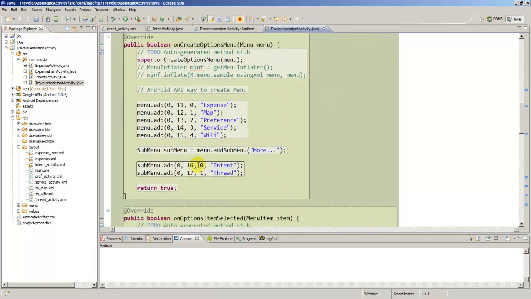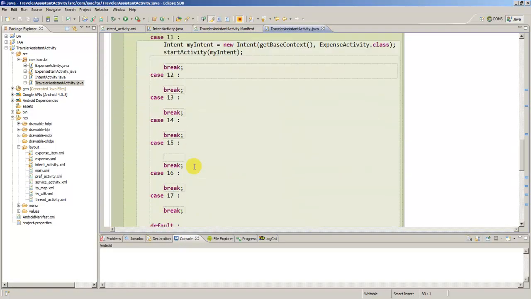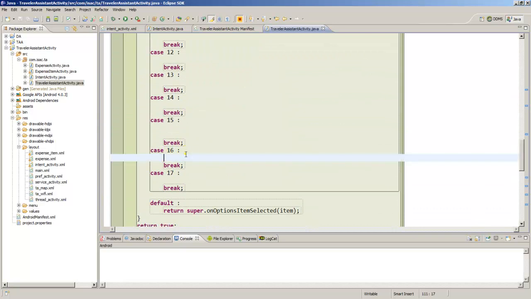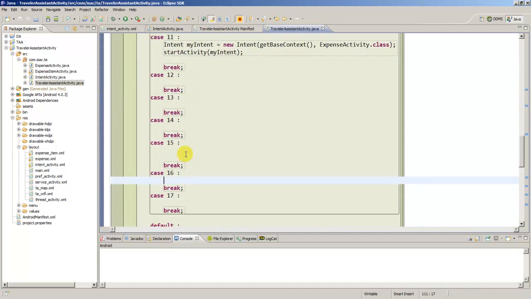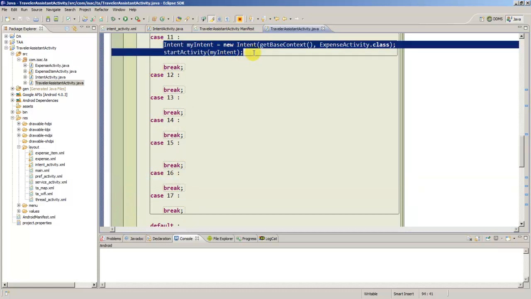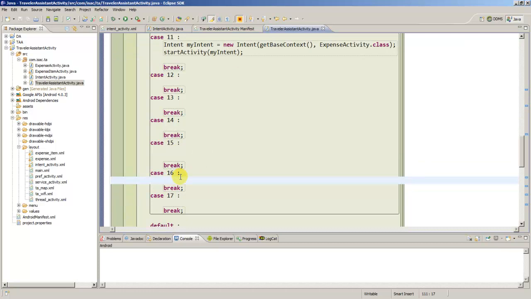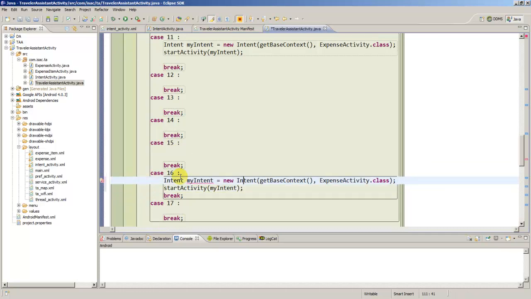Now where is this? Intent 16. Am I doing anything? No, there is nothing happening right now. So what we will do is put that intent and launch this activity from here. For that I'm just copying it and putting it here. Okay, so we'll call it